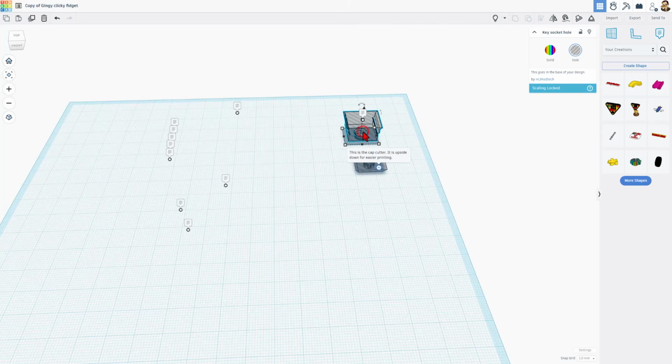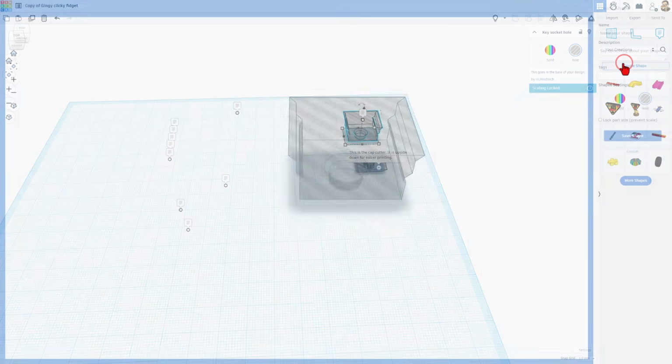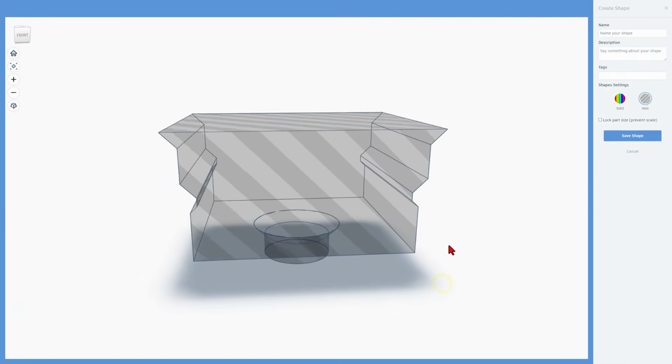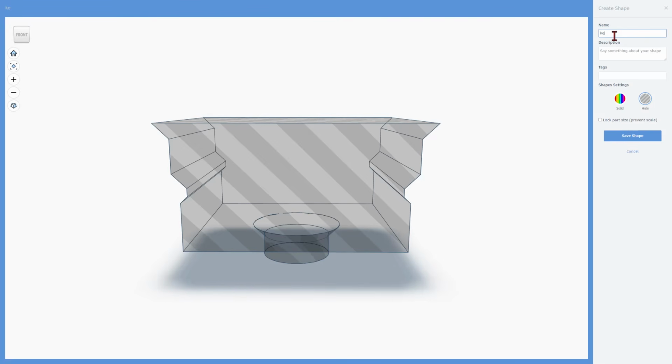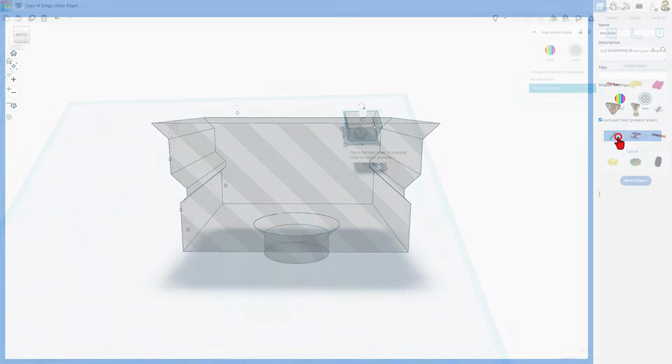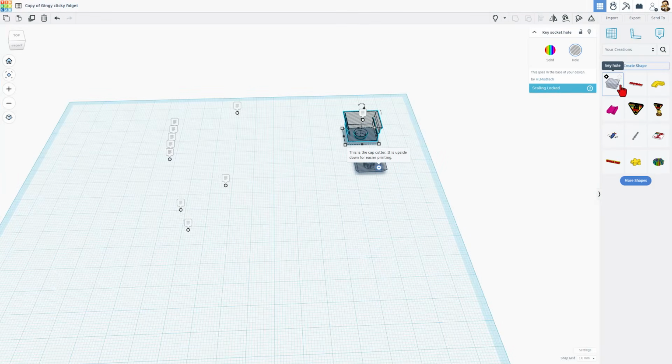So when I click on the shape and I click create shape, it pops up this window. You do need to wait for it to load. I'm going to call it keyhole. Of course, it needs to be a hole, and I want the part size locked, and I'm going to save the shape. After a moment, it appears right here, and whenever you visit your creations from any project, it'll be